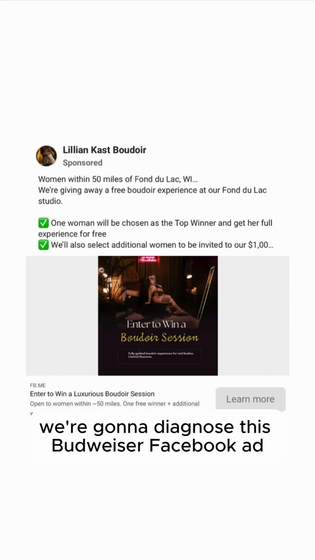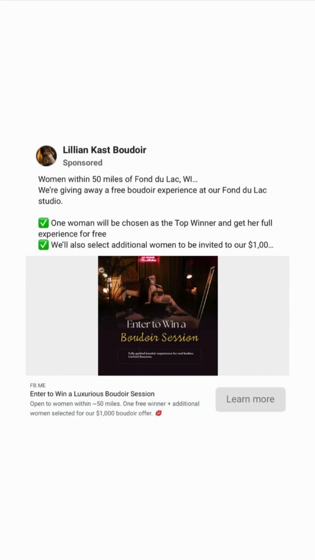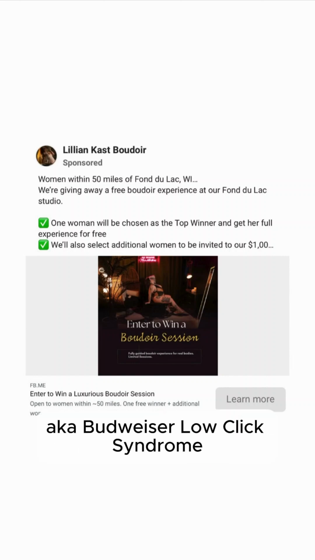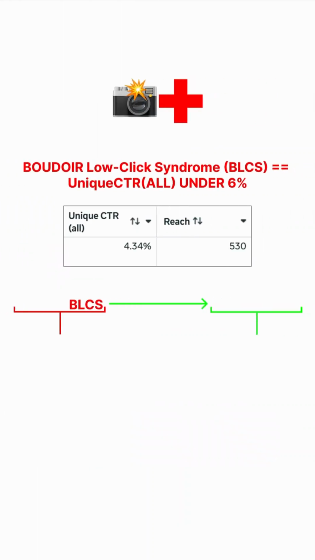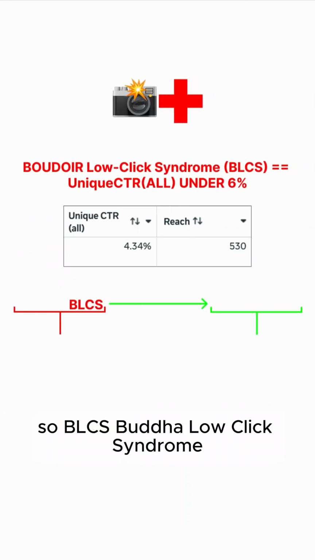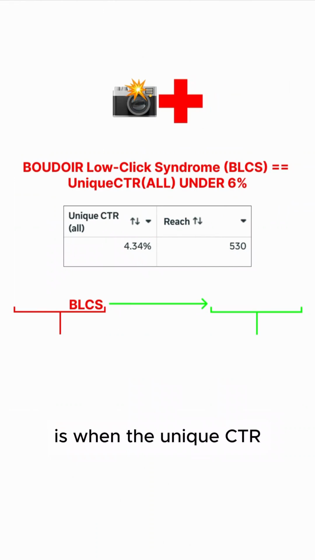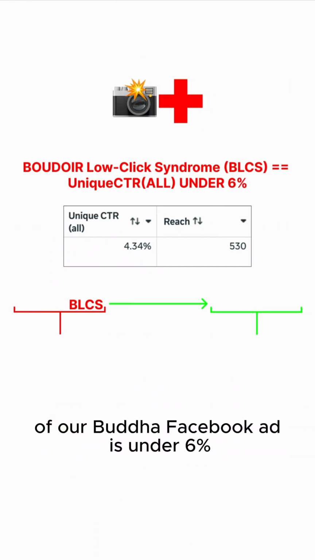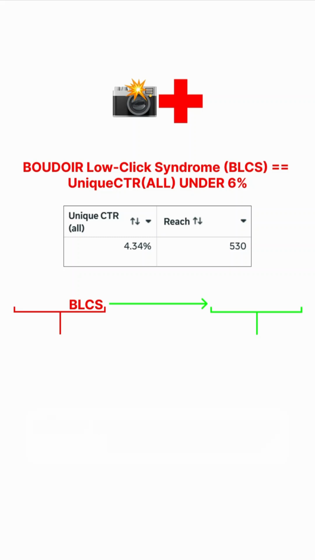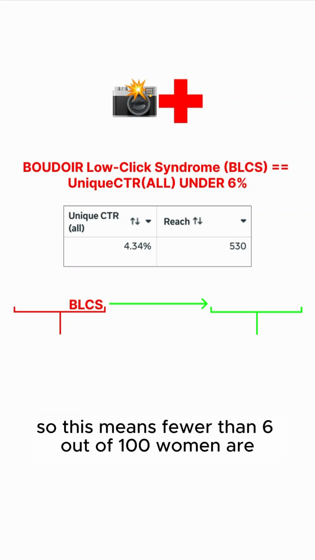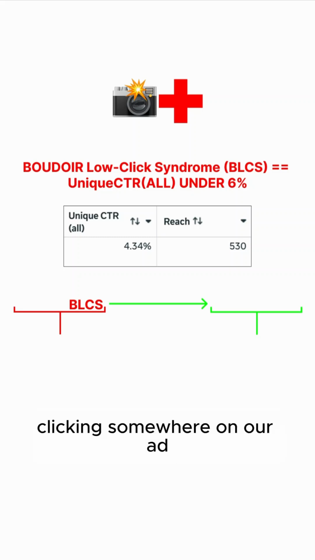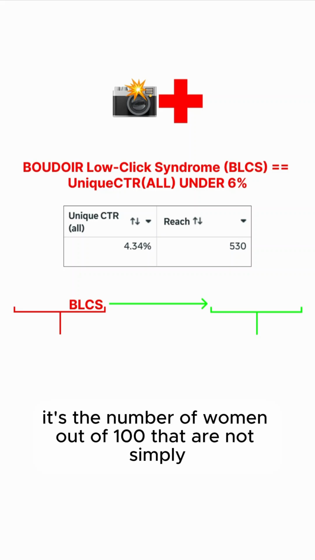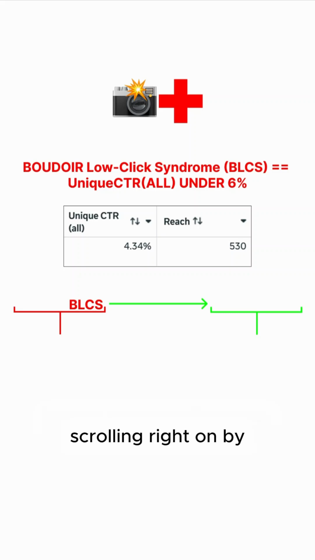All right, y'all, we're going to diagnose this Boudoir Facebook ad, see if we believe it has BLCS, aka Boudoir low click syndrome. So BLCS, Boudoir low click syndrome, is when the unique CTR of our Boudoir Facebook ad is under 6%. This means fewer than 6 out of 100 women are clicking somewhere on our ad, aka it's the number of women out of 100 that are not simply scrolling right on by,